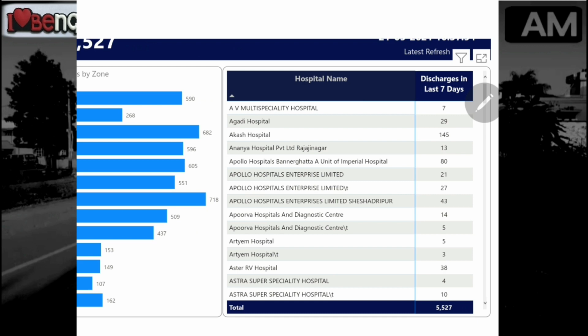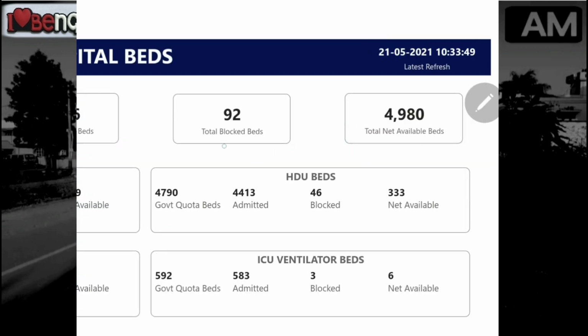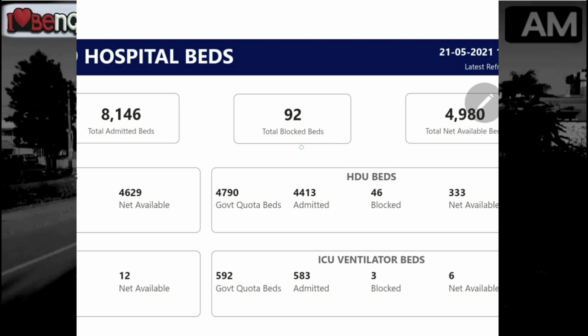Okay, daily discharge, bed discharge, zone discharge, hospital discharge. Very, very simple guys. Okay, please play around with this particular application and you will get a lot of information on it. And just one important point which I wanted to add here is